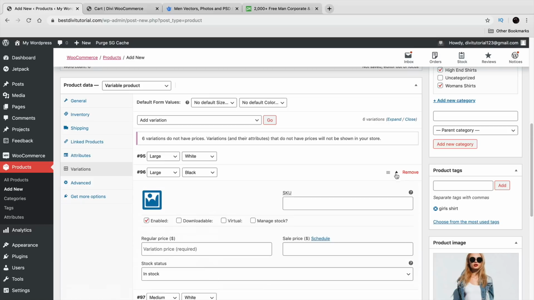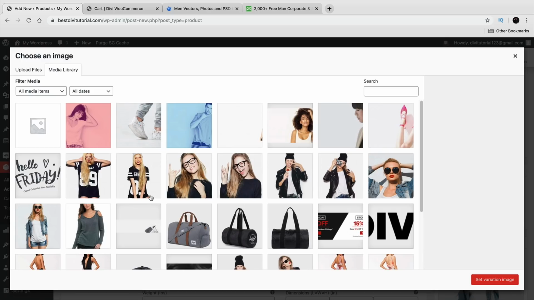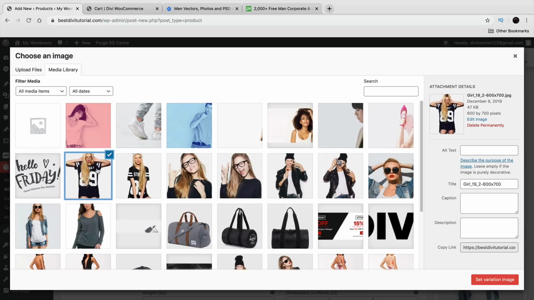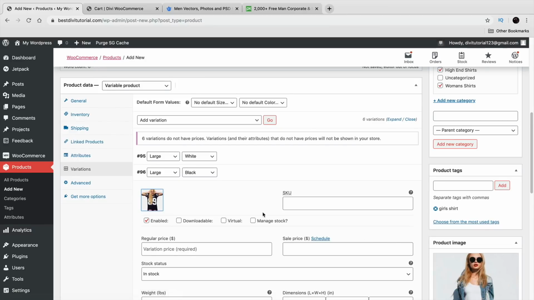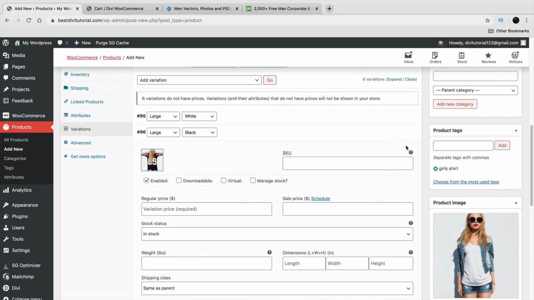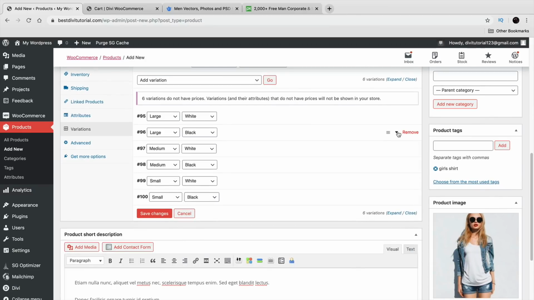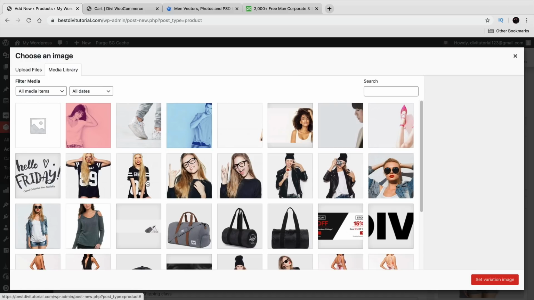And then large black. Now, variable products, you need to set this for every single variation, which can take a little bit of time, guys. It's not like really fast. So for example, right here, upload an image. Now we're putting the large black, right? So here I'll put the large black shirt and then use for variation. So what I'm going to do now is I'm going to go through each of these and fill each and every one out. So right here, large whites,